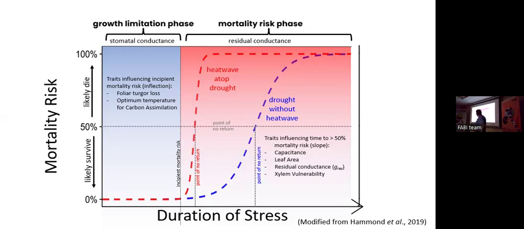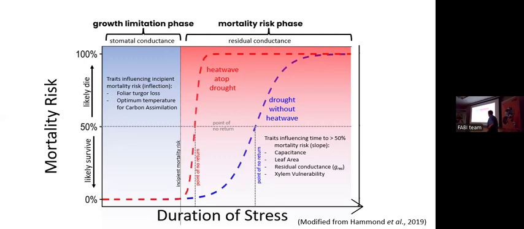And I've drawn here on this conceptual framework just 2 potential lines. One that's a red dashed line, which represents maybe a heat wave atop a drought, and a blue dashed line that represents maybe a drought without a heat wave. And so how rapidly after that incipient mortality risk point you reach this point of no return, which is when it's more likely that you'll die than that you'll survive, might depend on things like how hot is it? The traits that we can measure to understand the shape of these curves and make predictions for